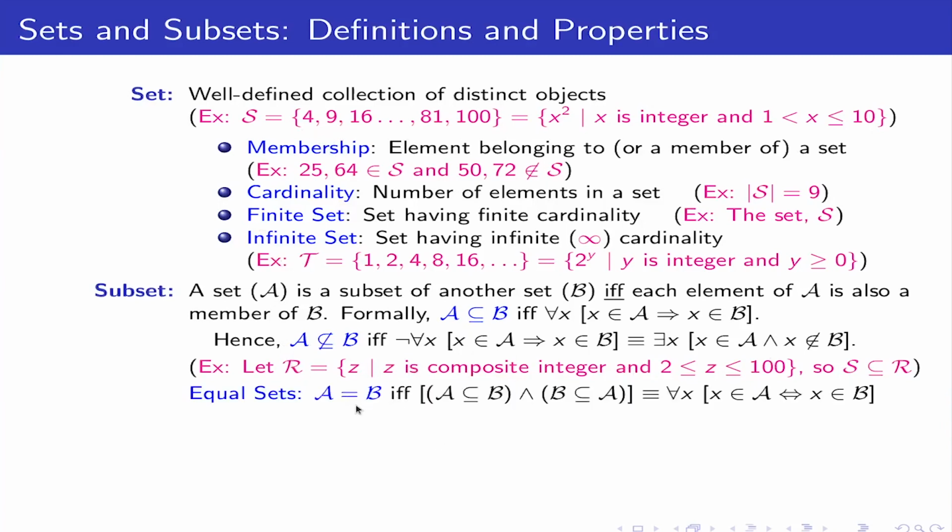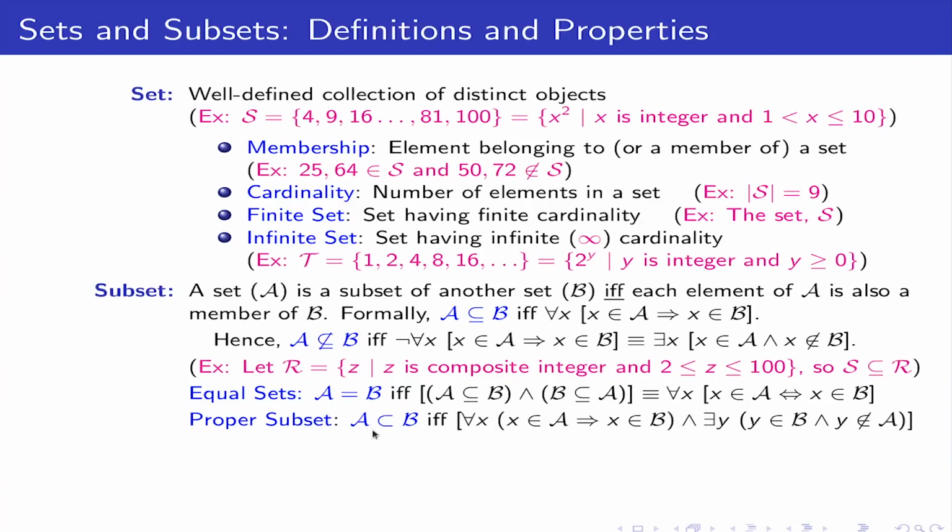We say two sets are equal if both sides have the same elements. So if every element of A is also in B and every element of B is also in A, these two have exactly the same elements. Formally we write A is a subset of B and B is a subset of A. So these two are the same. So for all x, x belongs to A if and only if, or logically equivalent to saying, x belongs to B.